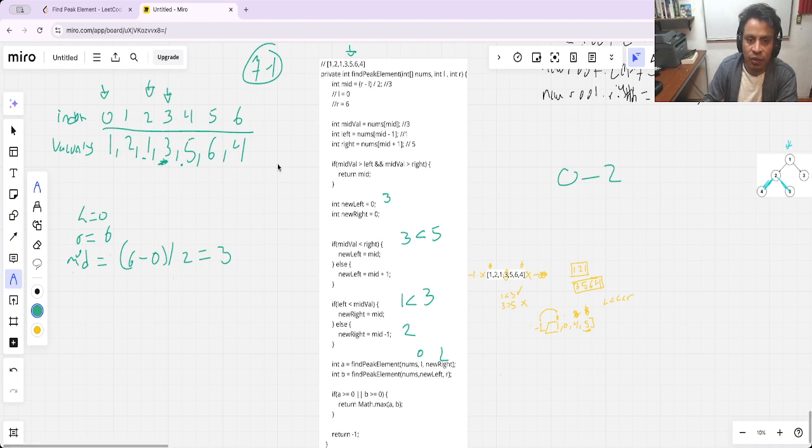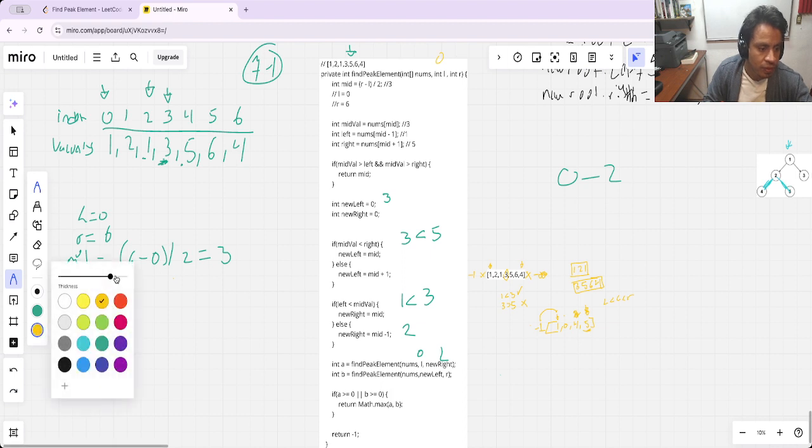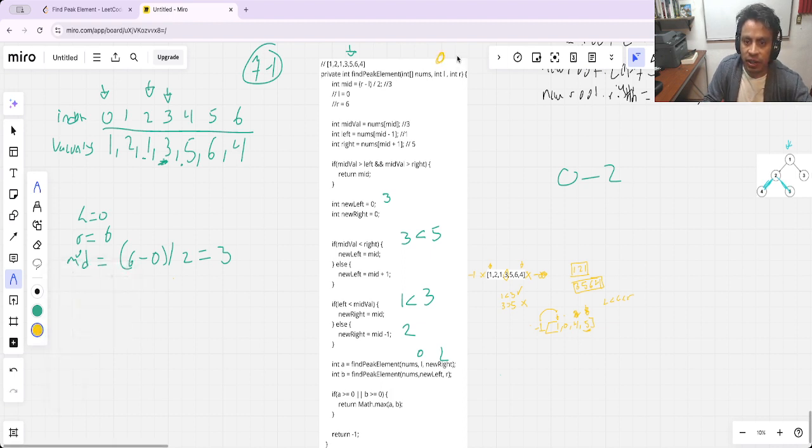Yeah, and when this operation executes, they receive L is 0 and the right is 2. Okay, and here is mid: 2 less 0 between 2 is basically 1, mid is equal to 1. Okay, and this is a comment, and here mid dot val is equal to nums at the index mid,